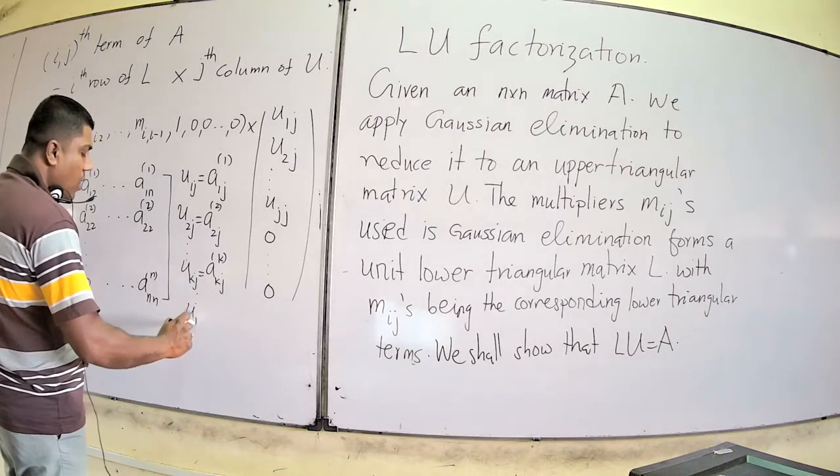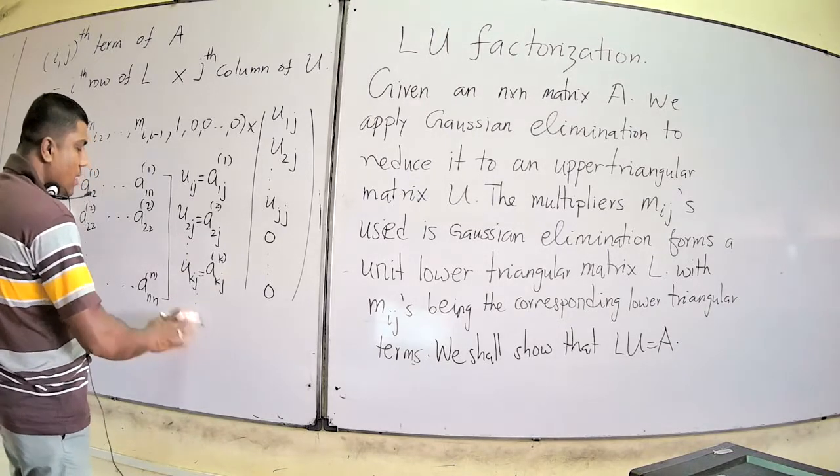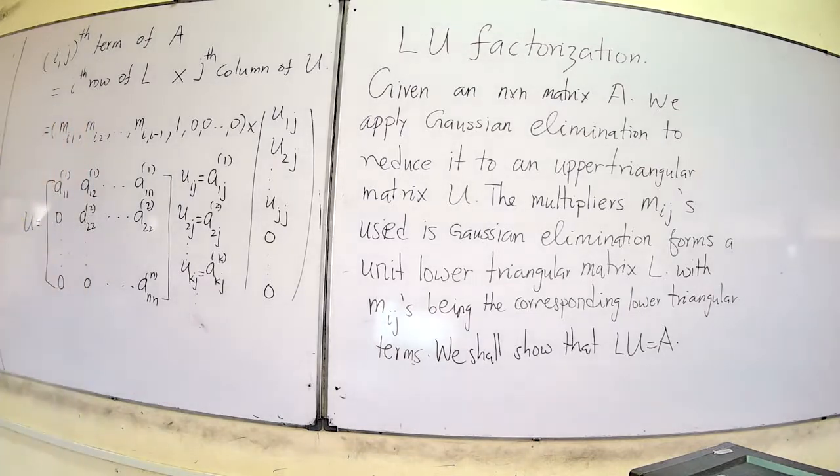So this is how your terms are going to look. After Ujj, you will get all 0, so you don't need to worry. Above the diagonal, these are your terms. AKJK is the term associated with Ukj. That also you have to keep in mind when you are doing this multiplication.